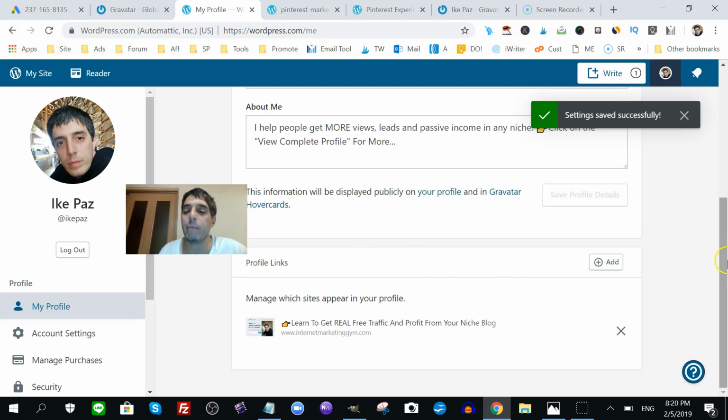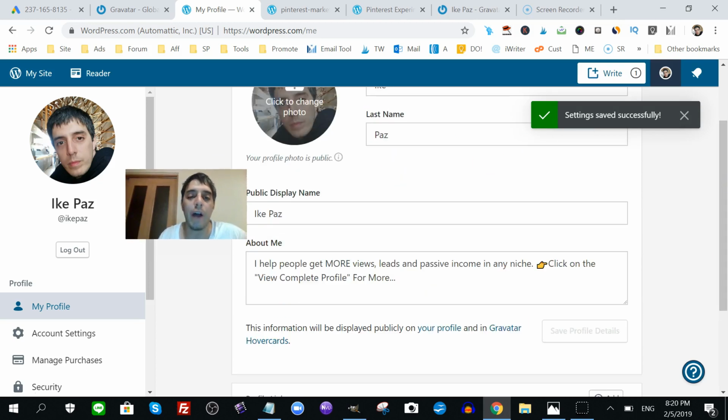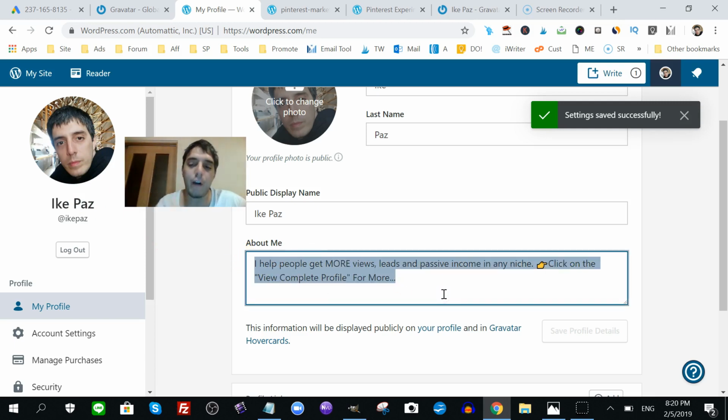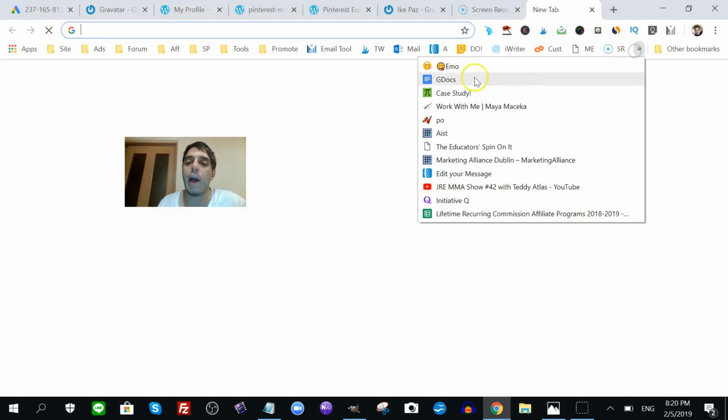That's not really important. The important point is your Gravatar. Again, your image, your name, and a very powerful about me. Very short but powerful with an emoji. Okay, if you don't know where to get emojis, I always go to